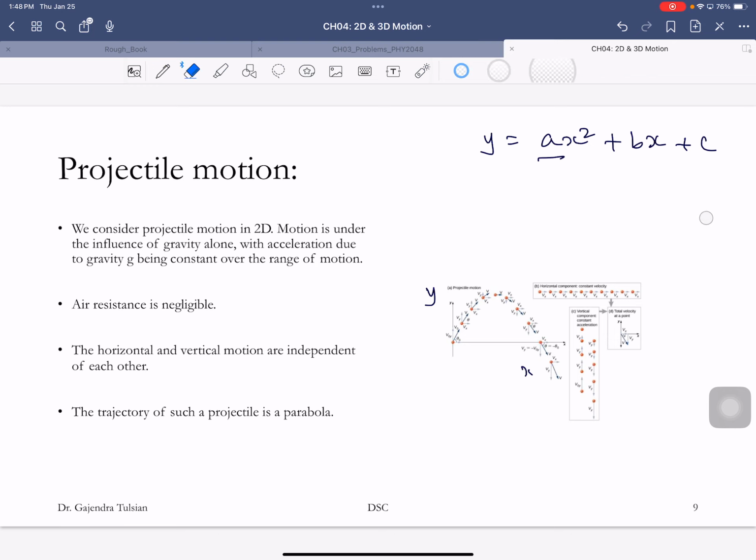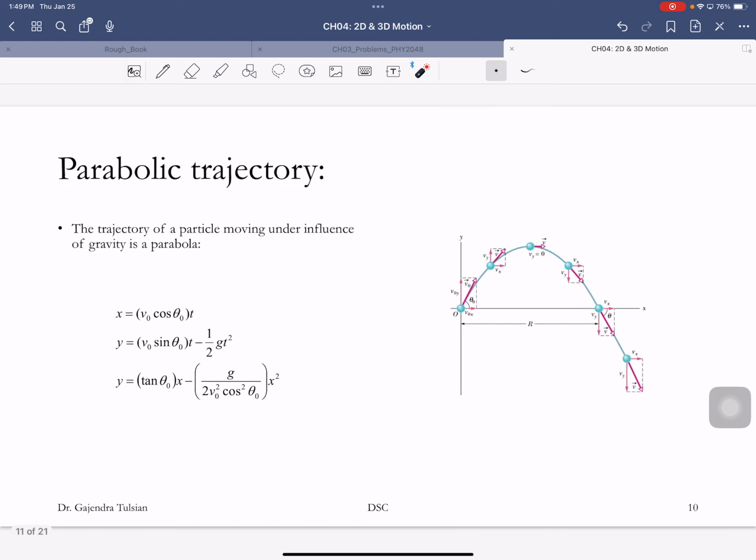Again, air resistance is negligible. The horizontal and vertical motion are independent of each other, and the trajectory of such a projectile is a parabola. So again, for this axis, acceleration is that,